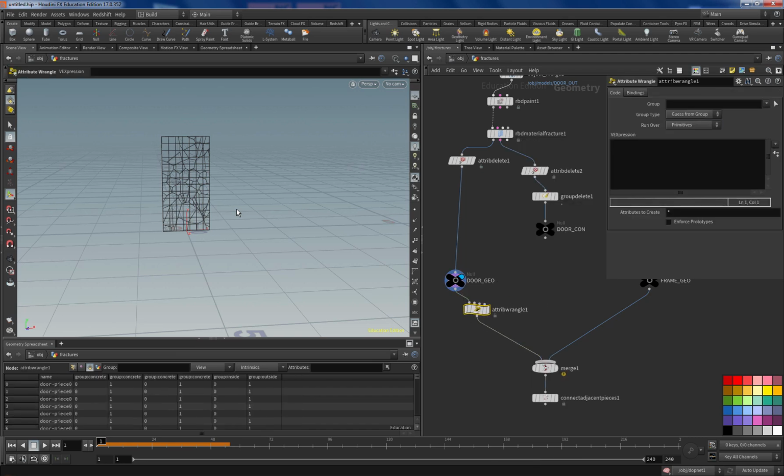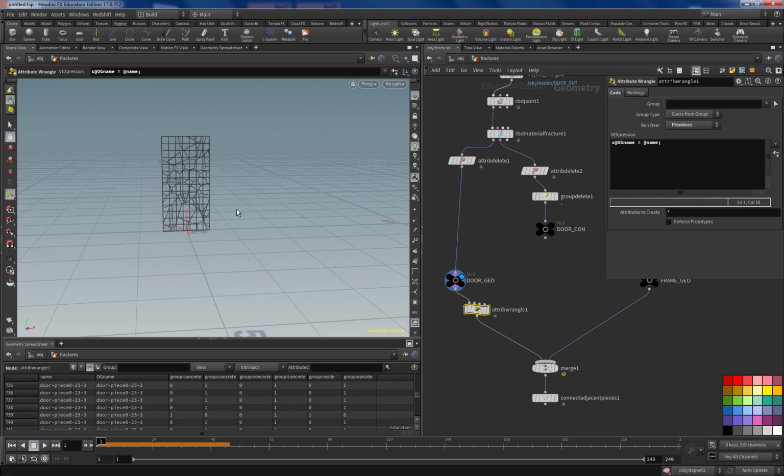So if I go on the primitive and say make a new string attribute called original name, and store that in the attribute, or that is coming from the attribute name, then that should just be a direct copy. It's just basically copying the information from one side to the other. Okay, so it's just copying it. And we have OG name. And then the name attribute over here, I'm just going to overwrite that. So I'm just going to go over here and make name equal to,